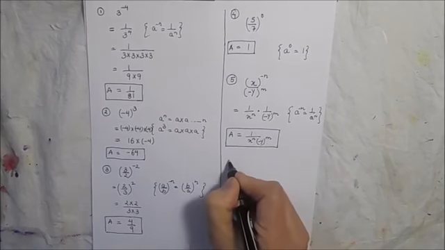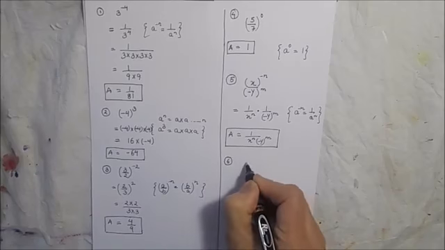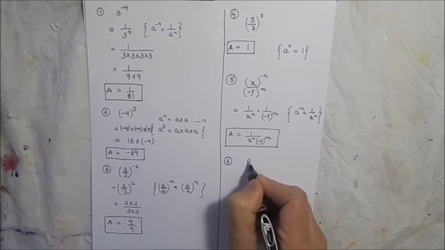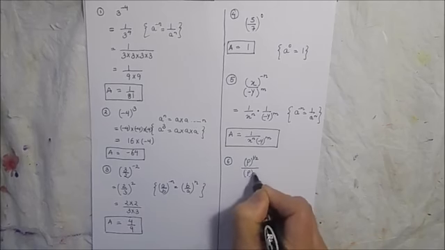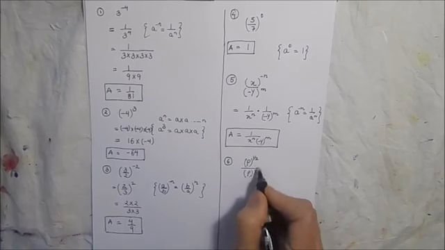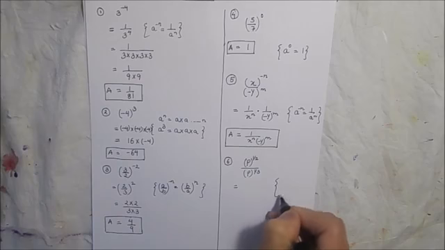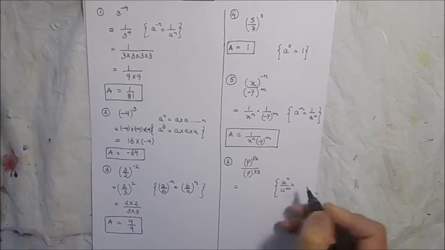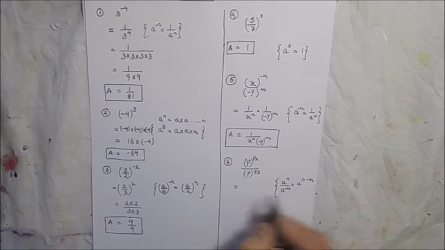Now let us take one more example in which we take a fractional exponent. So here if we take an example like p raised to power half over p raised to power 1 by 3. For solving this fractional exponent, we are going to use the rule of a fractional exponent, which is a to the power n over a to the power m will be equal to a to the power n minus m when the bases are same. So here we see that the bases are same. So we can use this rule.